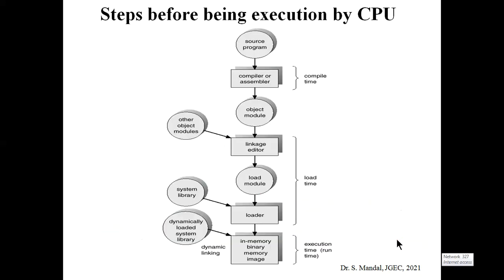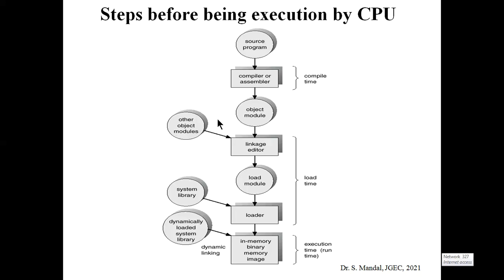Okay. Now let's go to a block diagram which denotes the steps before execution by the CPU. Our aim is to execute a source program by the CPU. So let's observe how this program is executed. You can see that initially we have the source program. Next we need to use the compiler or assembler. By using the compiler or assembler, this source program is converted into the